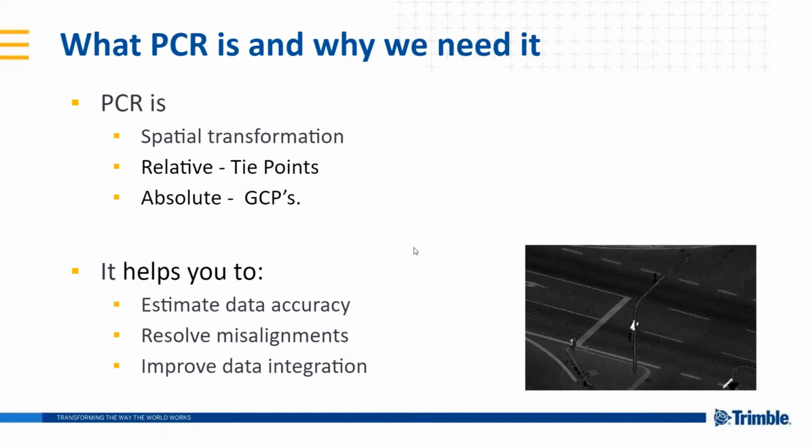So meaning that we will have common points between the two point clouds, the so-called tie points, and we will register one point cloud relative to another one. In the other case, if our reference points are points measured directly on the field and we know the coordinates of these points accurately, and most importantly, this accuracy is higher than the data that we want to assess, we could talk about absolute registration,